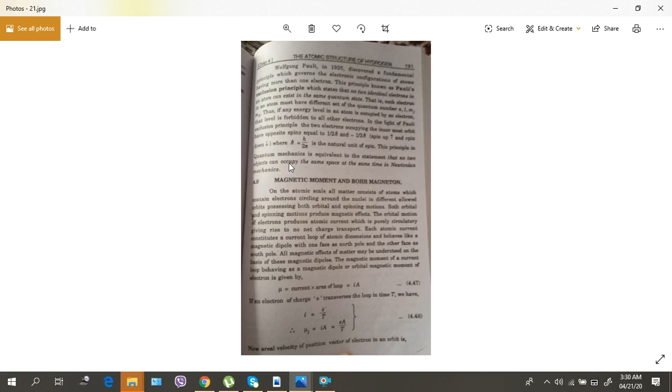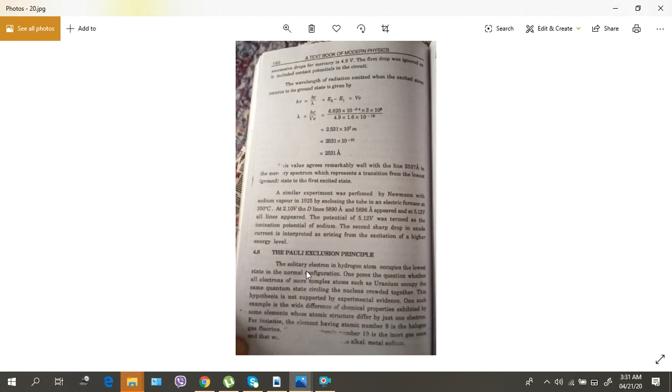This principle in quantum mechanics is equivalent to the statement in Newtonian mechanics that no two objects can occupy the same space at the same time. This principle was given by Wolfgang Pauli in 1925, who discovered a fundamental principle which confirms the electronic configuration of atoms having more than one electron. So basically,